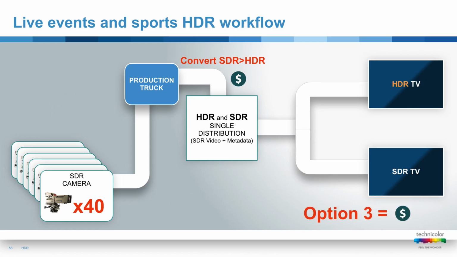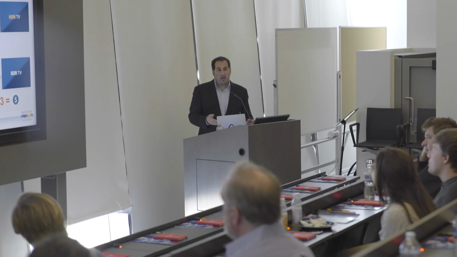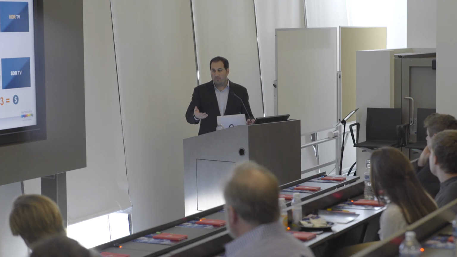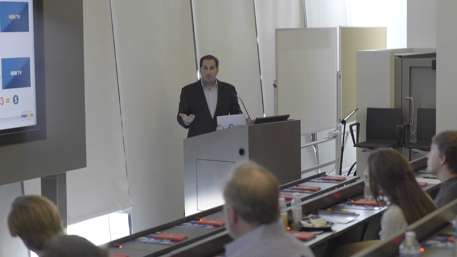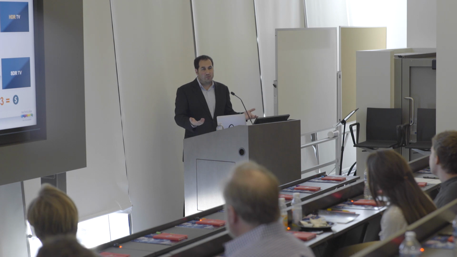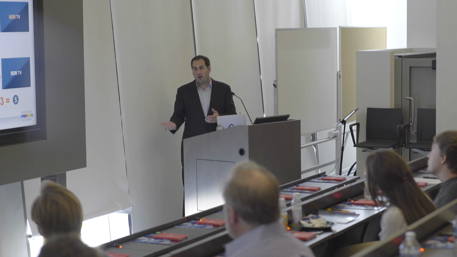So much so that people are also thinking, well, do I really need the HDR cameras? Of course, this is an option as well. You could just upconvert all 40 cameras, the entire production that you made, after master control, to high dynamic range. At this point, it's the same workflow for all your people. You don't change anything. Really, it's just an upconversion algorithm on the back end to get to HDR distribution. Remember earlier I said there's always a trade-off, right? If you're decreasing the cost, the quality won't be as good, but it'll still be good. So these are the decisions people are going to make in a live distribution environment: my trade-off on cost versus my trade-off on quality.